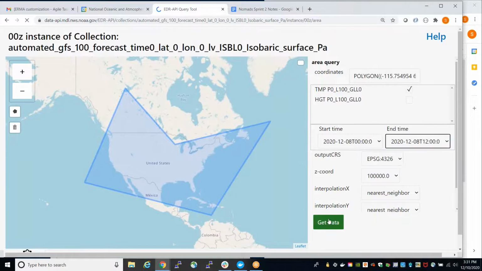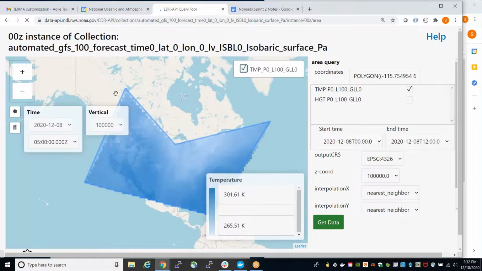So again, a time range. And you can see an area query gives you a little bit more flexibility, more than a bounding box. So the key here that I'm showing,